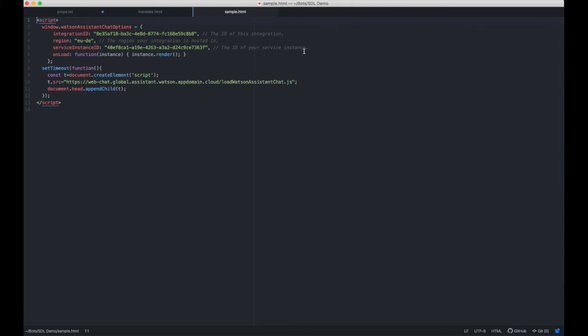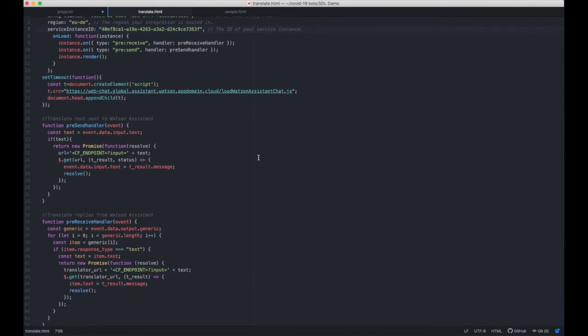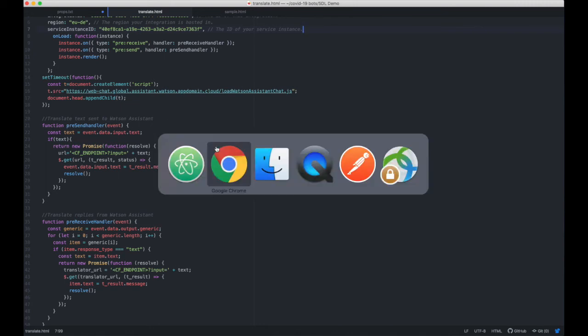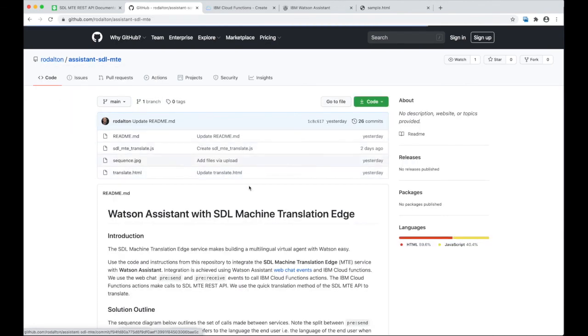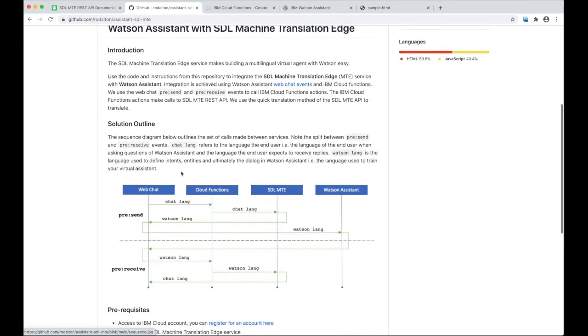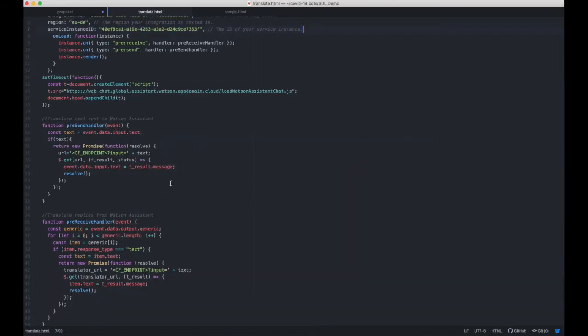So actually, for this, it should be as easy as copying this across and going over these here, and save that. And then we'll also need to update the handlers, right? So you remember when we looked at the solution outline earlier, we talked about the event system and the different events that we'd enable, and we enable those through these handlers that I have included in this